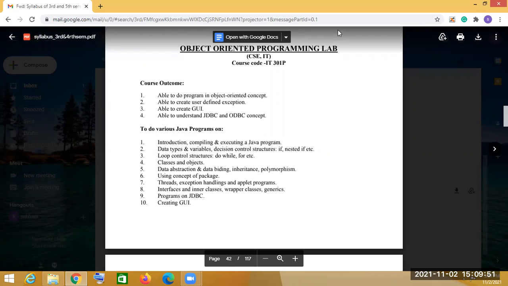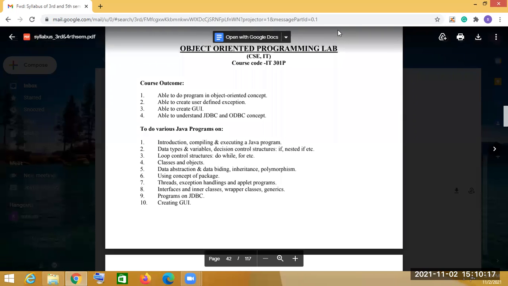But first, this is the syllabus. In the object-oriented programming lab syllabus, first is the introduction of compiling and executing a Java program. Then next are data types and variables. Then the if-else condition: the if-else condition you have used in C, we will use in Java also.